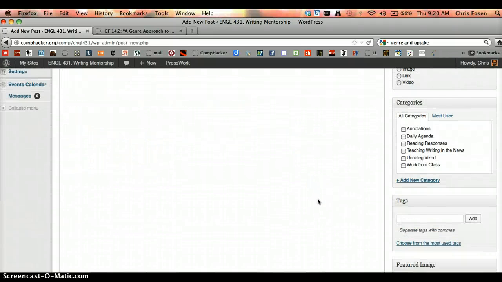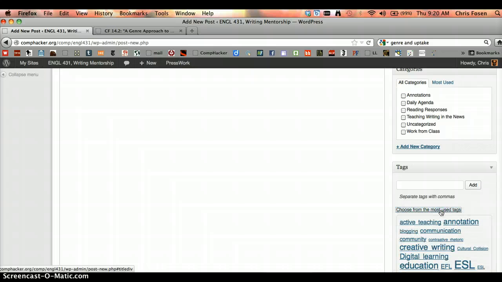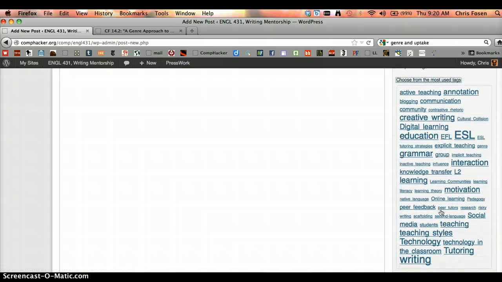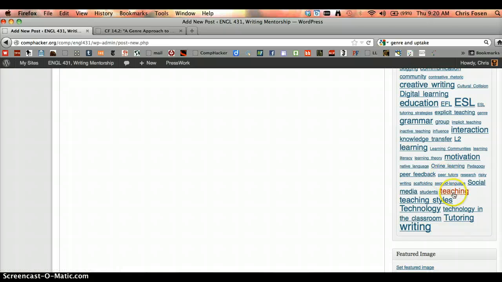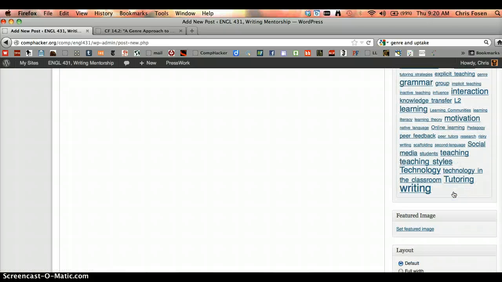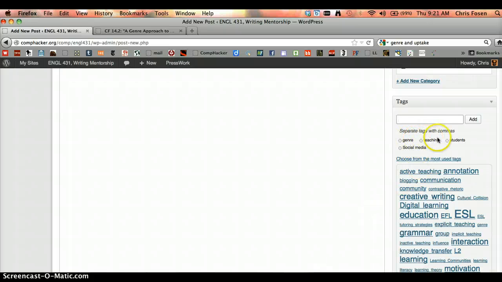Then, and this is the important part, what I want you to do is to tag it so that it ends up in the tag cloud. You see right here, this is the tag section. And I don't want you to add a new tag so much as I want you to search through the tags that already exist. And at least I think this should be your first step. So let's just look. I want to use genre, of course. This is about teaching, so I think I'd want to use the teaching tag. I'd probably also want to use the students tag and maybe even the media tag. You see what has happened here is that all these tags have been added to this particular annotation.